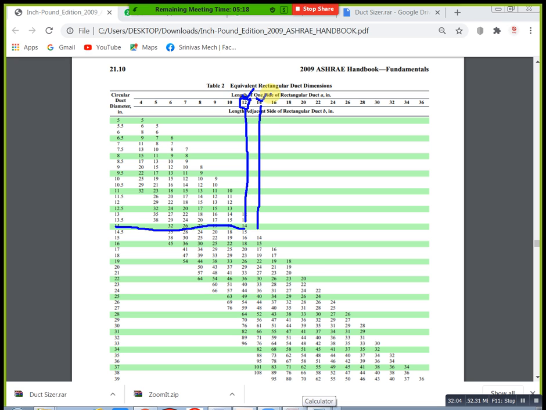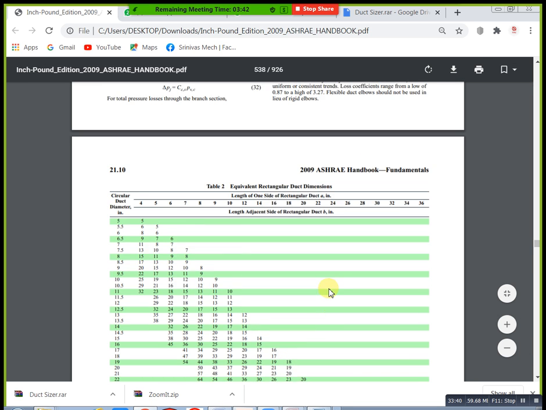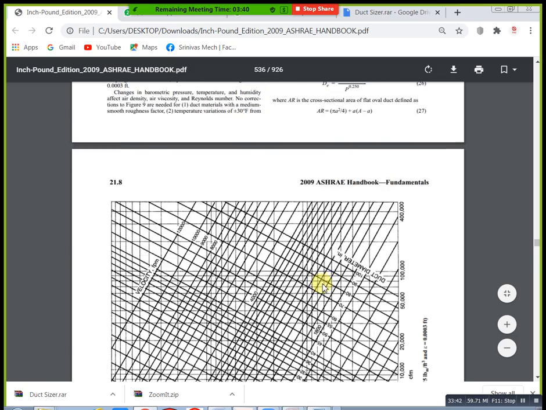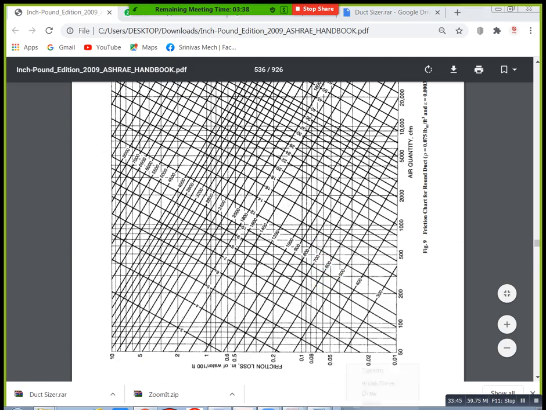If you don't have your software, in that condition you will take from here. Next we will take 500 also. We have the next one, na? We will try that one also. Just take your value. What is our point? 500, na? This is our 500. Next, 0.08, this is our 0.08. How much is our velocity? 750 velocity is there, the velocity line.